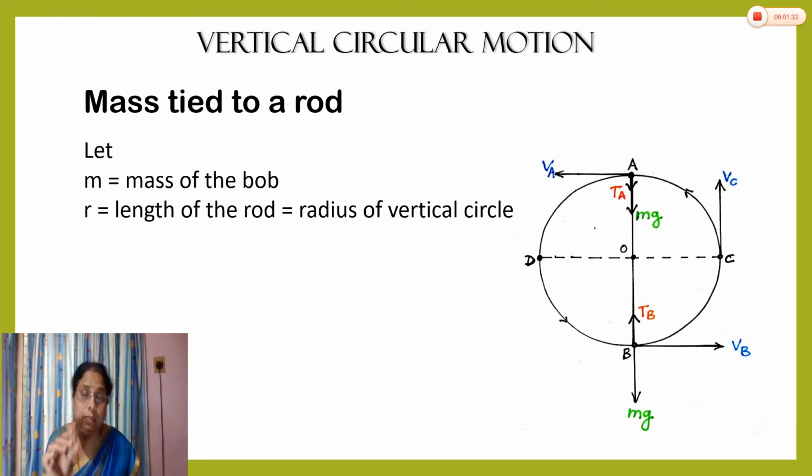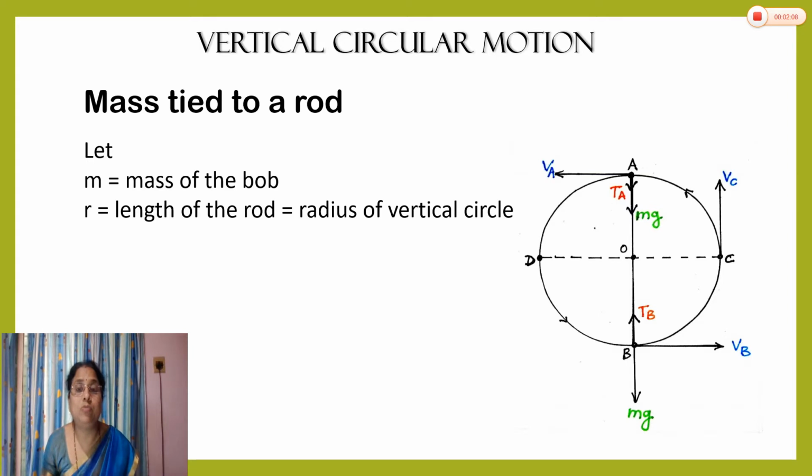When the bob is attached to a string and whirled in a vertical circle, in that case the tension is needed at every point in that vertical circle. Even at the uppermost point, when there is no tension the string will slack. That's why there is always the inward tension at every point in the entire vertical circle, and the tension provides the proper centripetal force.